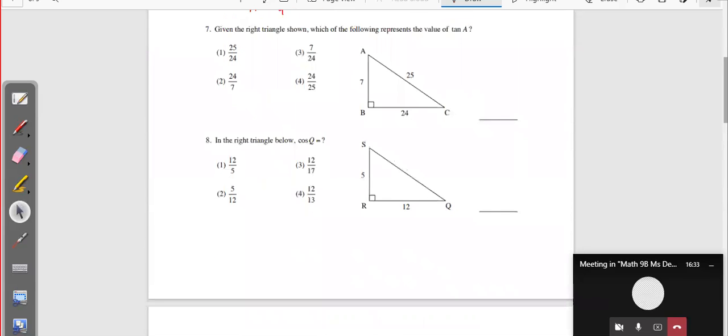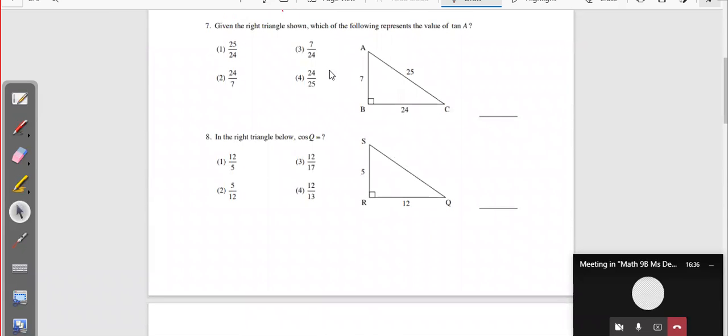Next, question 7. Again, the question is telling you have to find the answer for tan A. To find the answer for tan A, I need to mark the angle A first. So the angle marked here, A, because since they said A, the angle will be this one. According to this angle, the opposite side is this, adjacent side is this, and hypotenuse side is this one. So out of these 4 options, which one is correct?